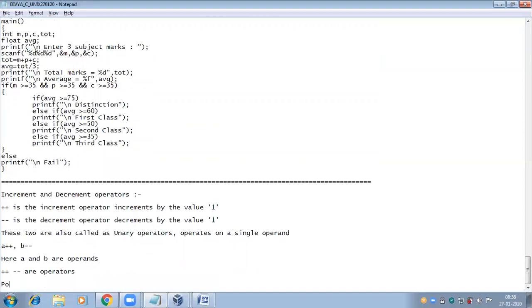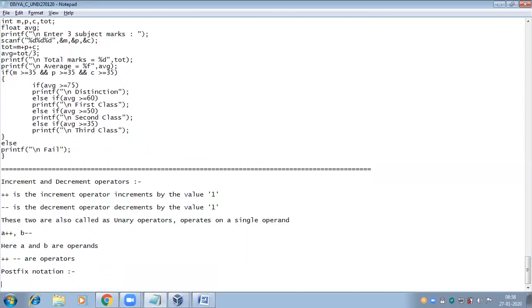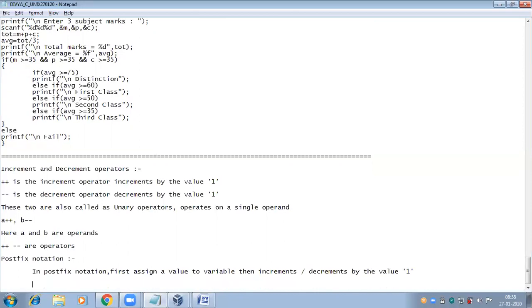Here we have the postfix notation, A plus plus. In the postfix notation, first assign the value to the variable, then increment or decrement by the value 1, like A plus plus, B minus minus.